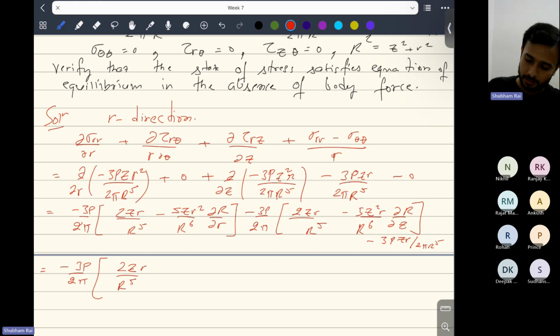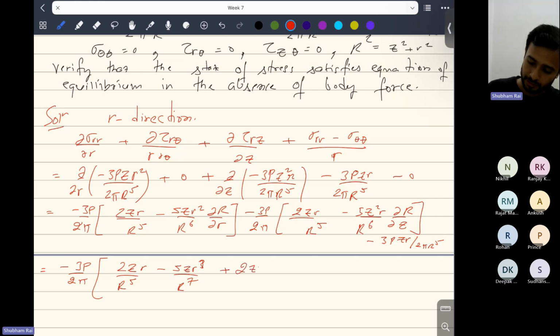And then here, substitute del capital R over del small r. So that will be small r by capital R, as done in the previous question. So small r over capital R will increase this 5z r cube over R to the power 7, right? And then we have taken minus 3 over 2 pi common from the next term also. So first term will be plus of